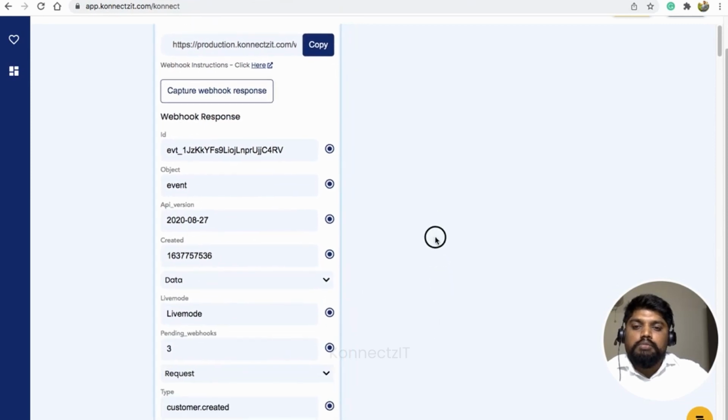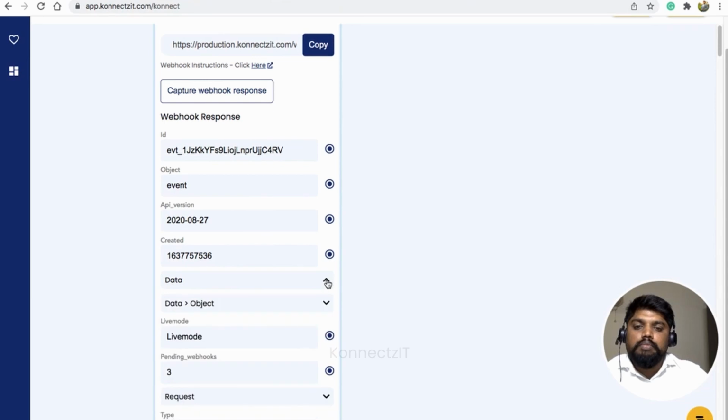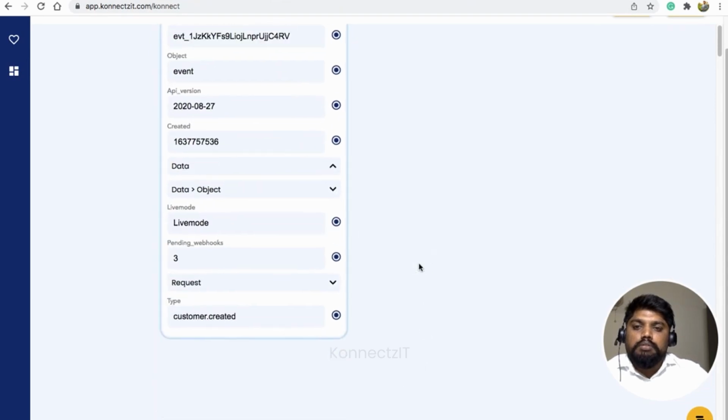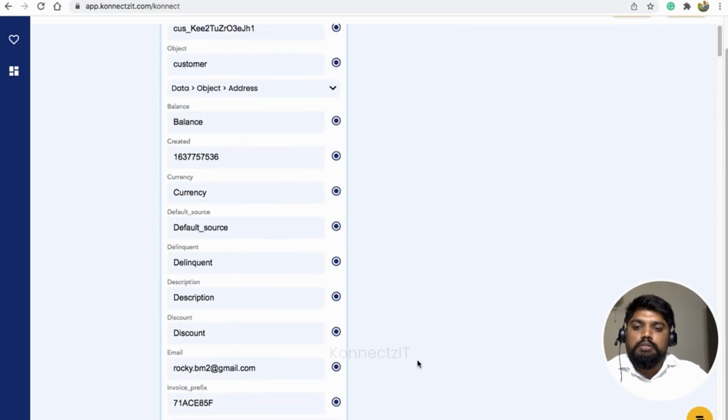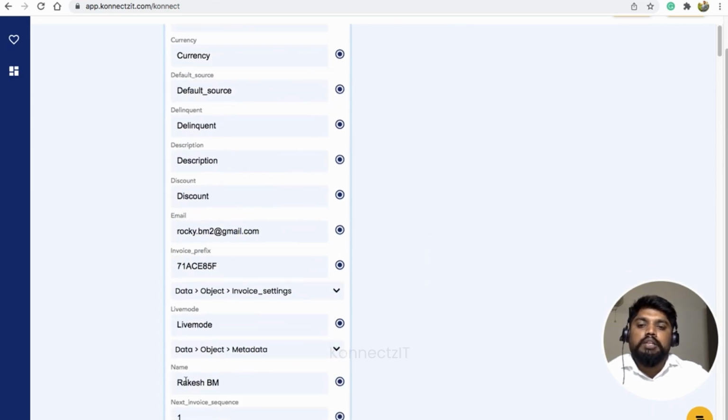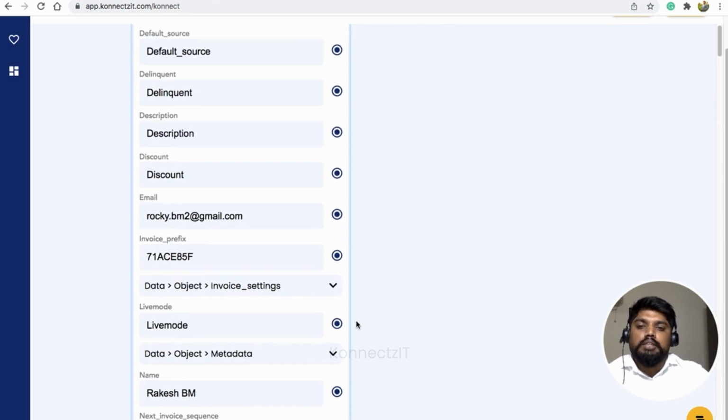All the records we received are in this particular data tab. Just click on the data and look for your records. Yes, we received our email address and the name and all the other details.